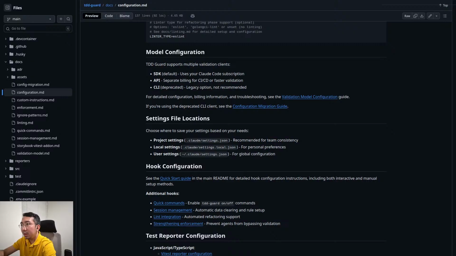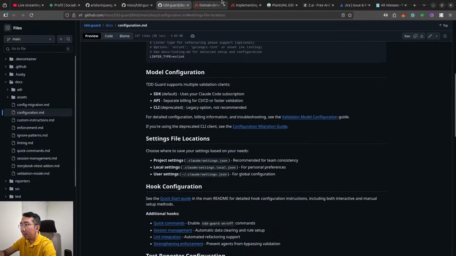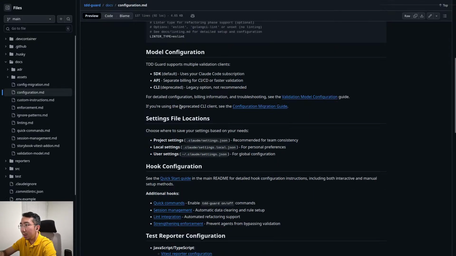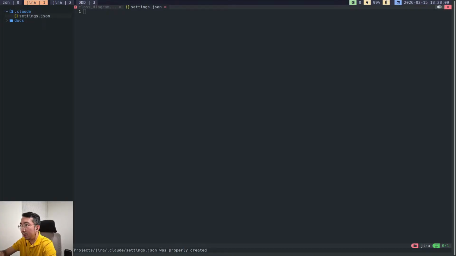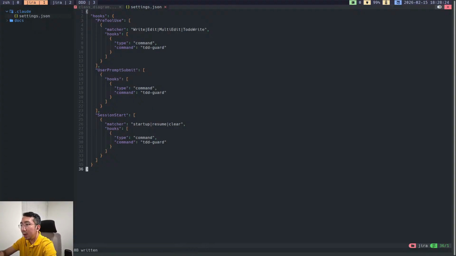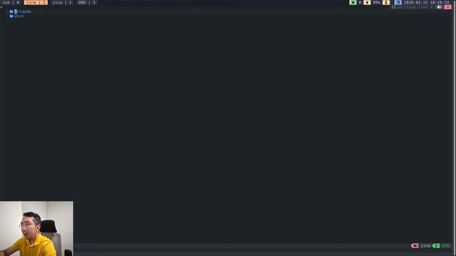Jira docs.code the settings JSON, and we will install, maybe you should always look at my Neovim, manually the TDD hooks. Okay, here they are. Command. Okay,